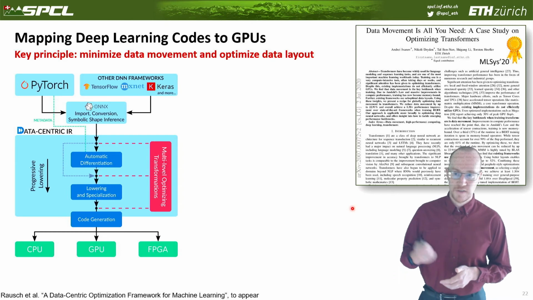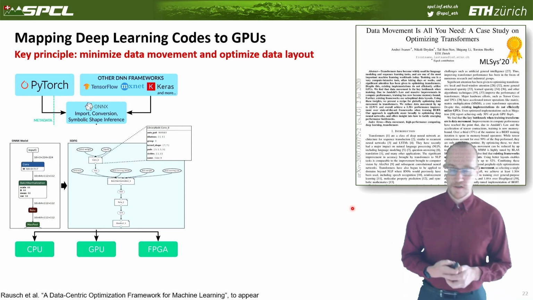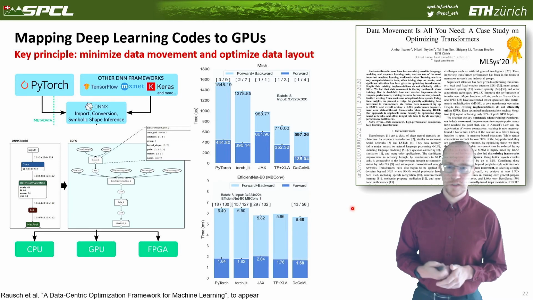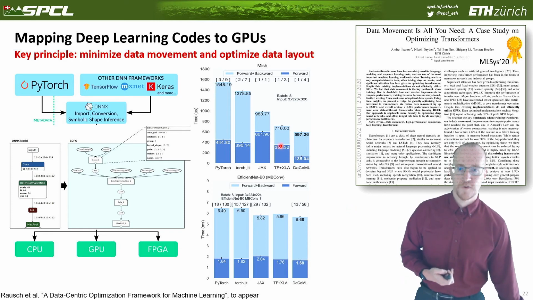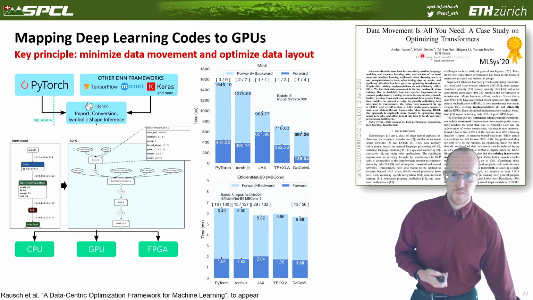It's actually a front end that injects directly from PyTorch, then translates to this intermediate data-centric representation through the ONNX representation, and we achieve, again, similarly high performance that you can just look at yourself, and you can look at the paper that's going to appear very soon. But they're quite impressive performance results for single kernels, where you can see here from 1500 to 500 something. And then for full networks, like EfficientNet here, we achieve a couple of percent speedup against highly tuned frameworks. Actually, data movement is all you need.